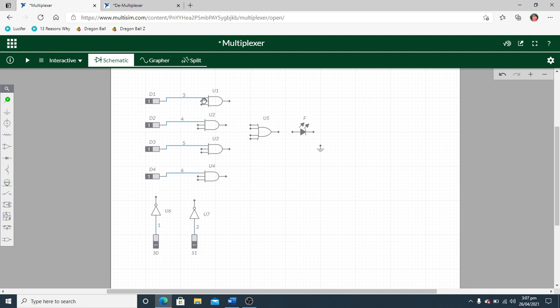Now we will join the second input of the first AND gate with this NOT gate, then this third input with this second NOT gate.